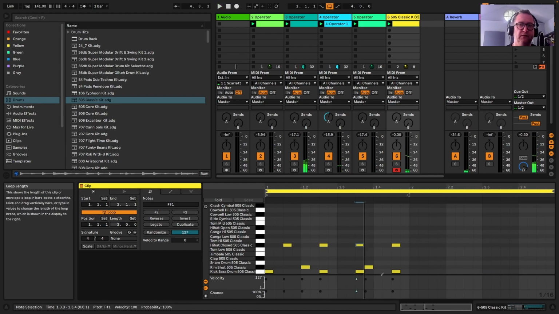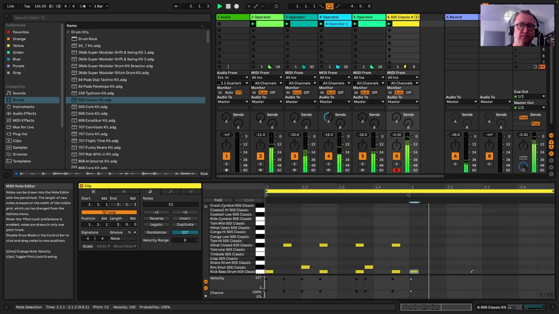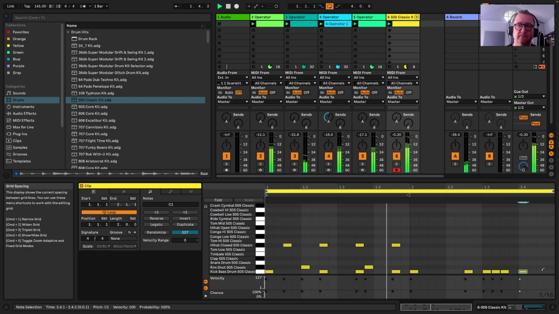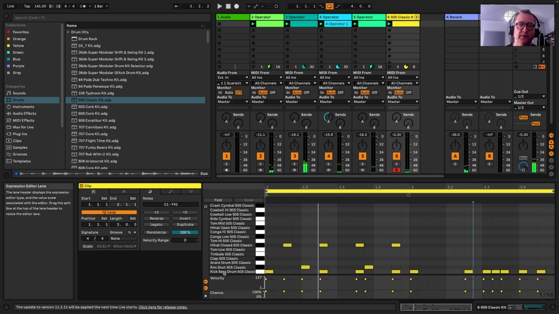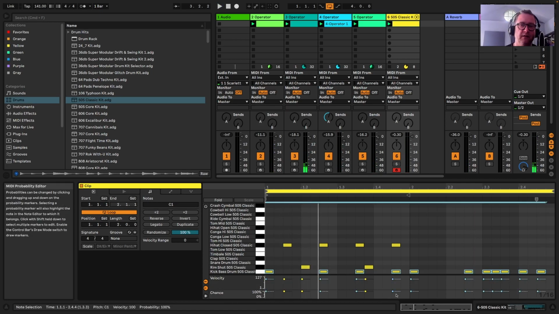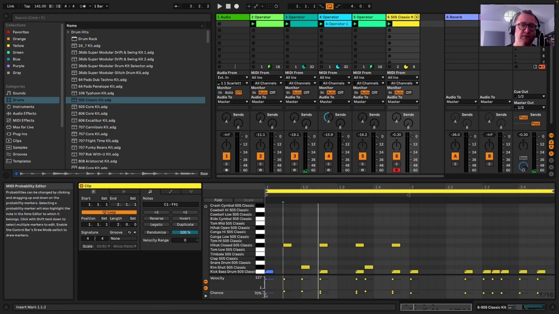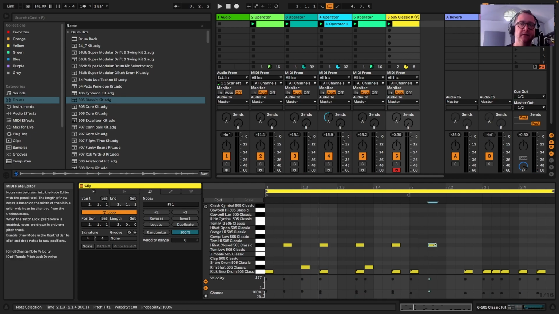Maybe we do that 2 bars long. And there's no harm in adding a little bit of randomization. So we use the chance so that some kicks may not play every time. And that's going to make our